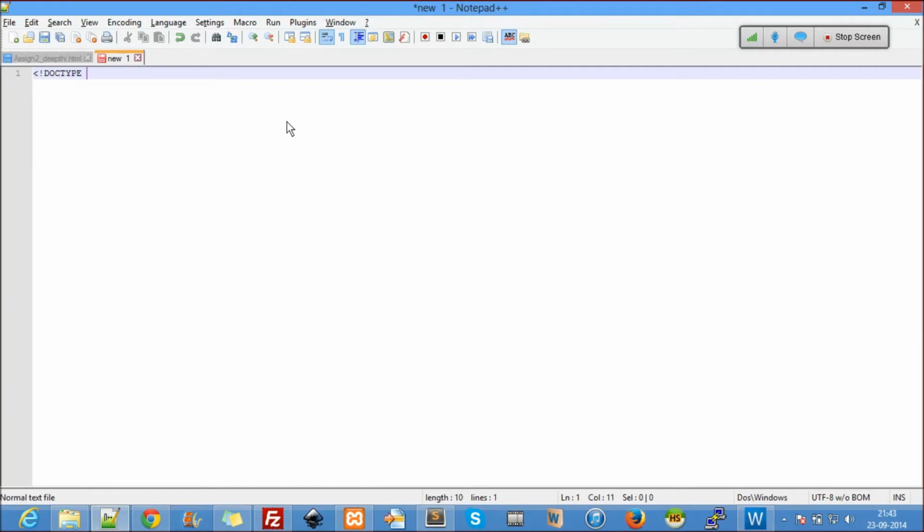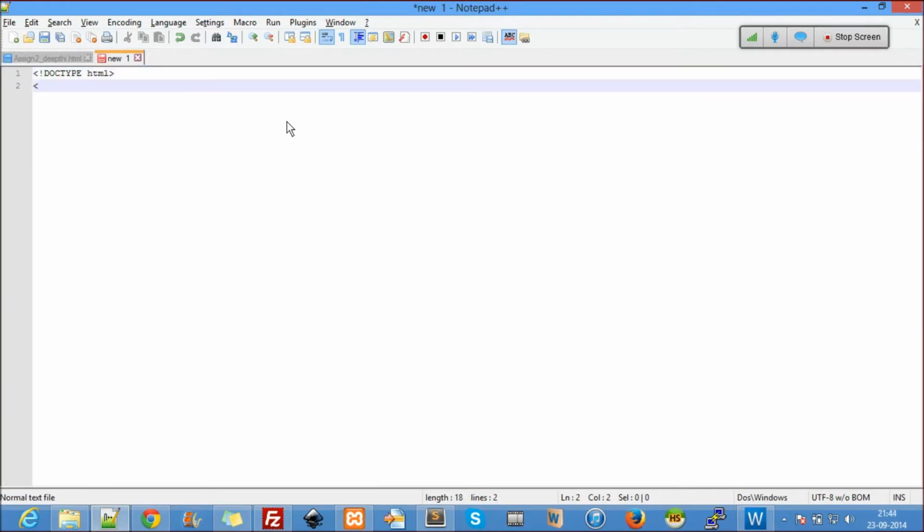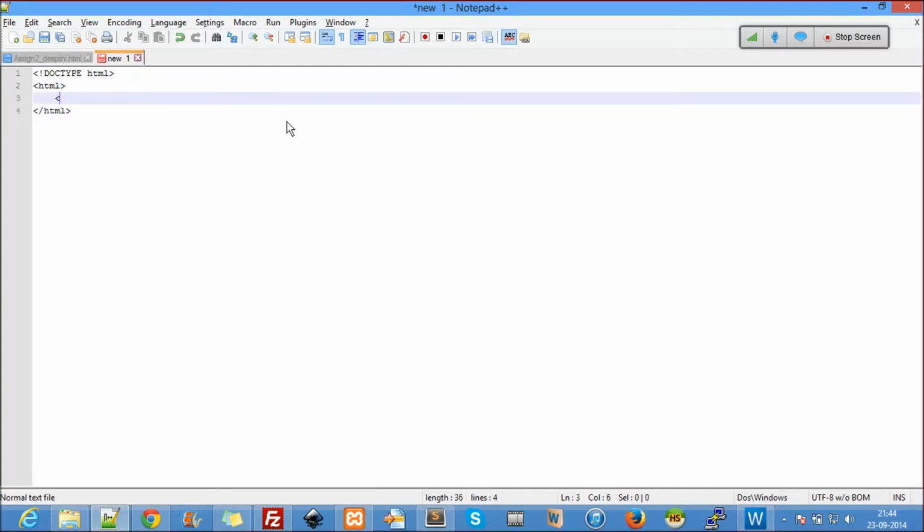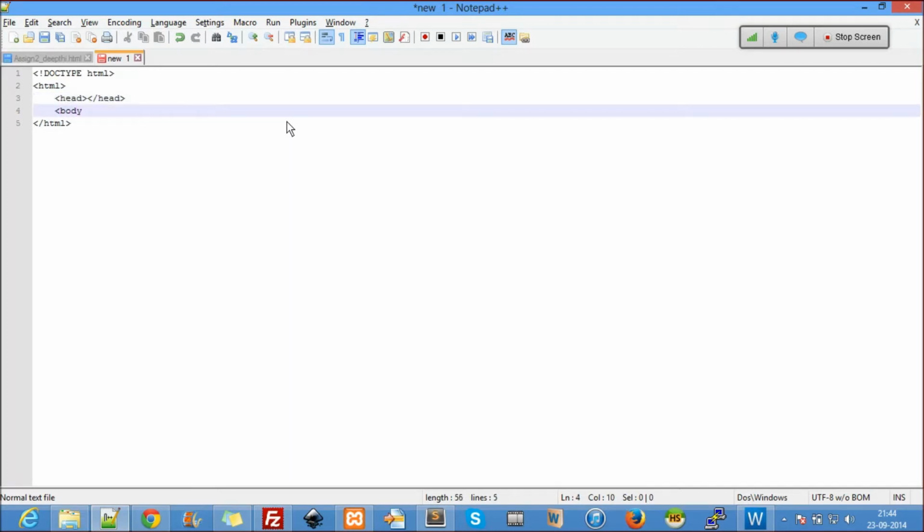Okay, so every file starts with the doctype HTML. Then the head and the body.